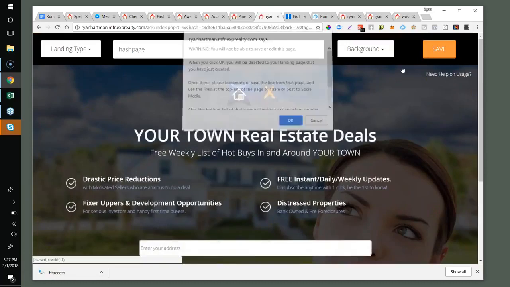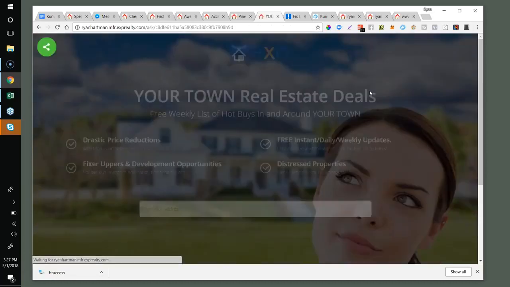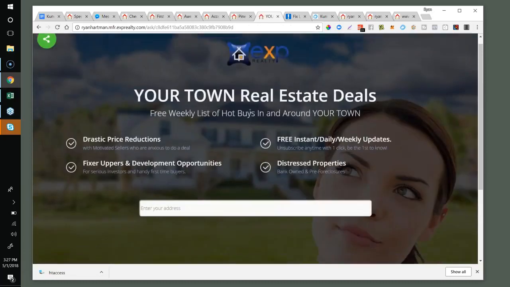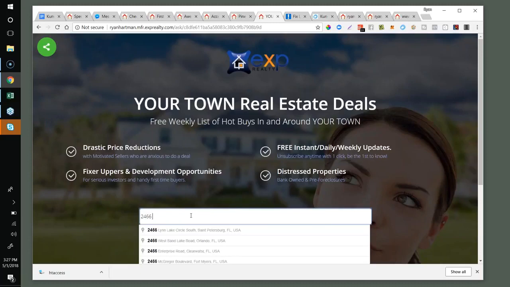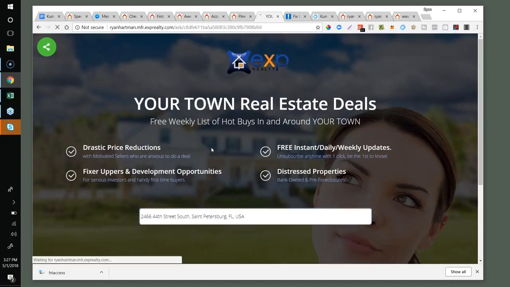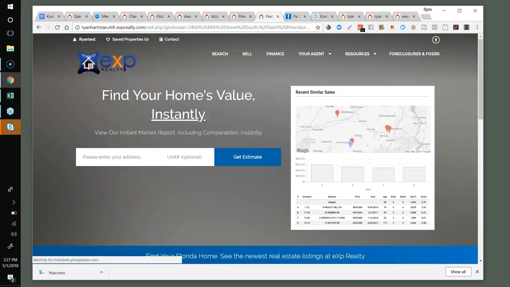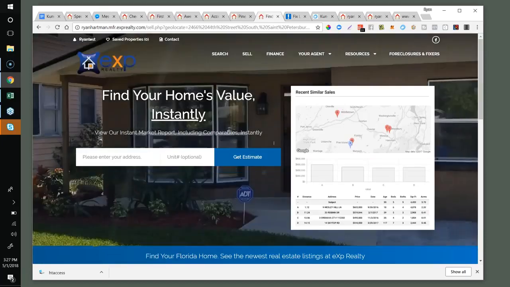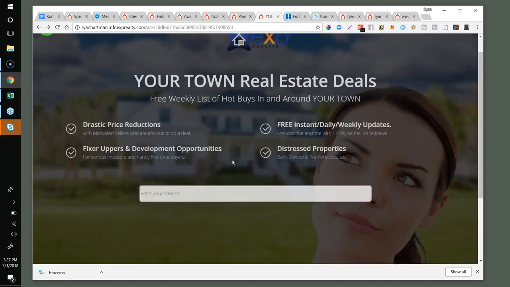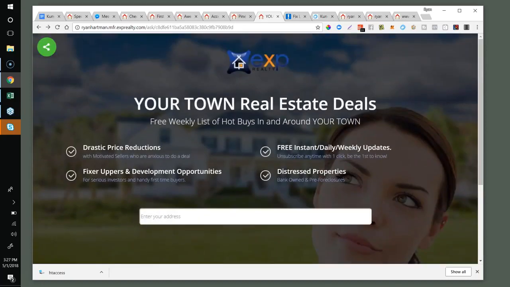So let me just say it and show you what I mean. If you want to build your own sort of seller squeeze pages here, you can do that. They would enter their property, it will auto fill it. And then it's always going to go right here for now. There are some offers you can make, though. It's not the biggest deal because you've already collected the address. You could say,